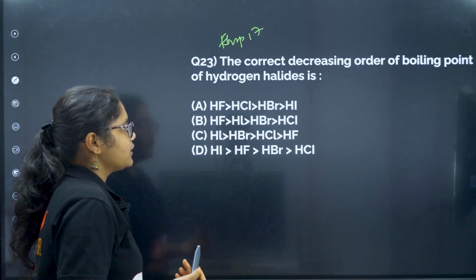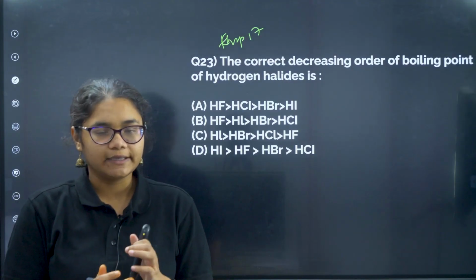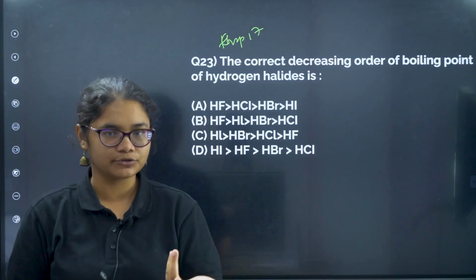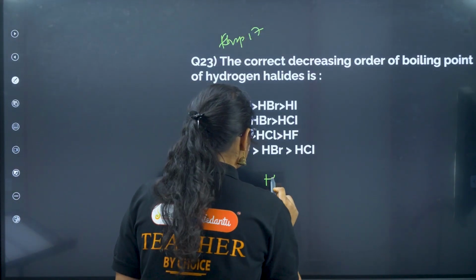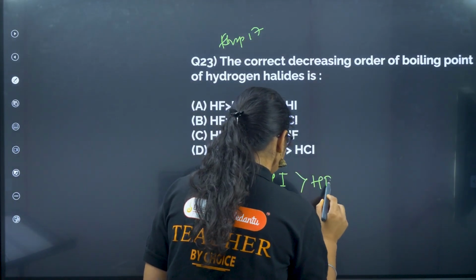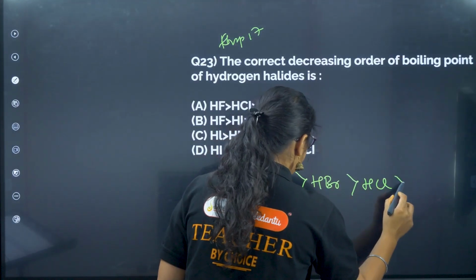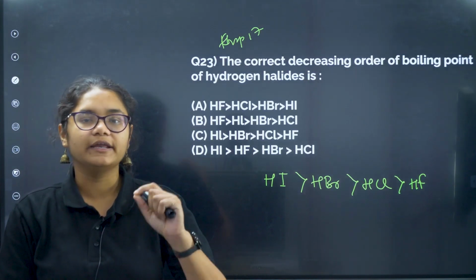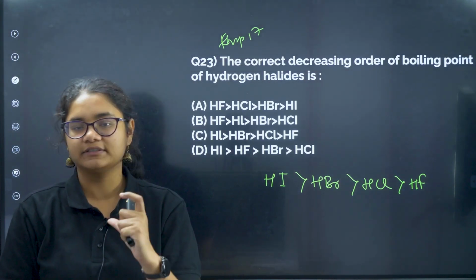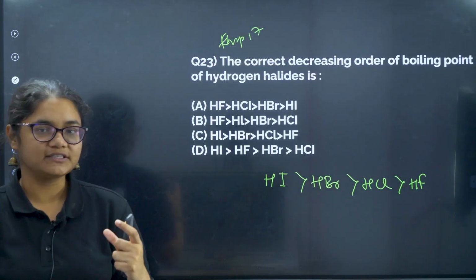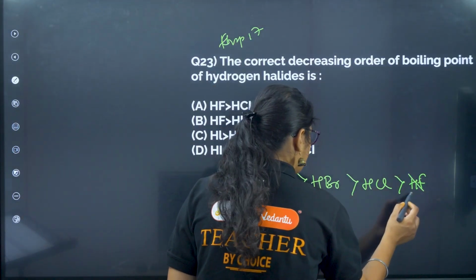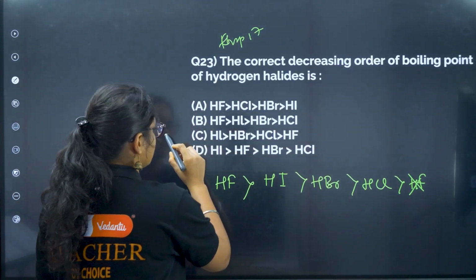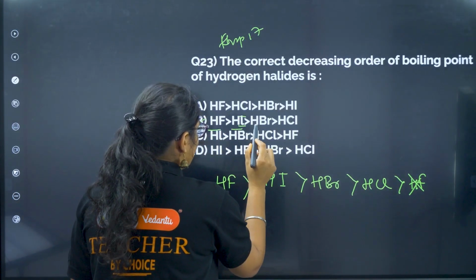Okay, the correct decreasing order of boiling point of hydrogen halides. As the mass increases, the van der Waals forces increase and the boiling point should increase. So the expected order should be HI, HBr, HCl and HF, right? But due to the strong intermolecular hydrogen bonding in HF, the bond strength increases, so the boiling point of HF increases. So the order becomes like this. The correct answer for this question is option B, that is HF, HI, HBr and then